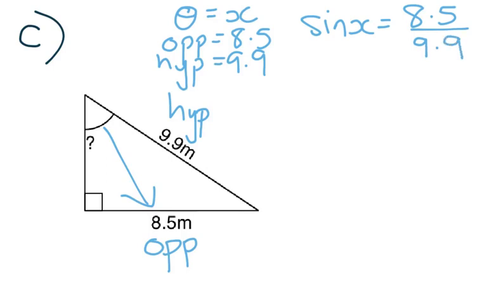Now we've got a bit of an issue because it's the sine that we need to move now. And when we move it over, we have to use what we call the inverse. Now, on your calculator, if you have a look, just above the sine, there should be a sine with a little -1 next to it. And that's the button that we use to work backwards. So on some calculators, you press the shift button and then you press the sine. Some, it's a second function button and you press sine. And your calculator screen should come up with something that looks like that. And then this fraction here means 8.5 divided by 9.9. So we just do 8.5 divided by 9.9,